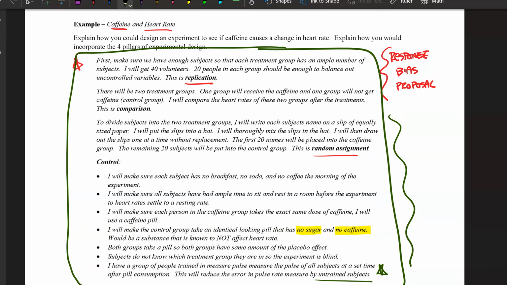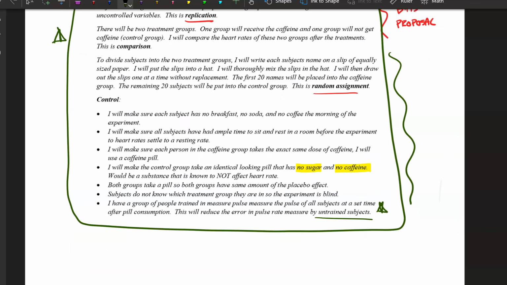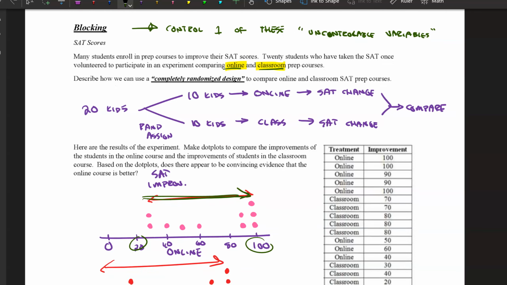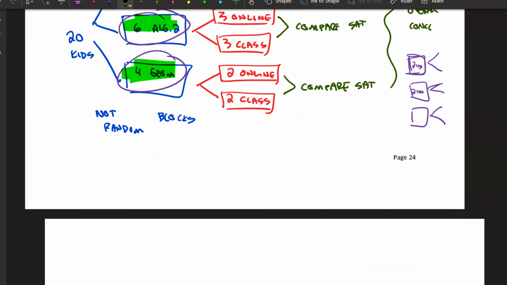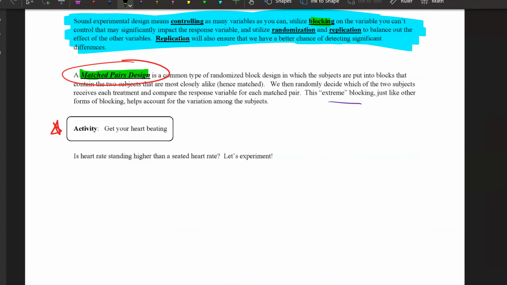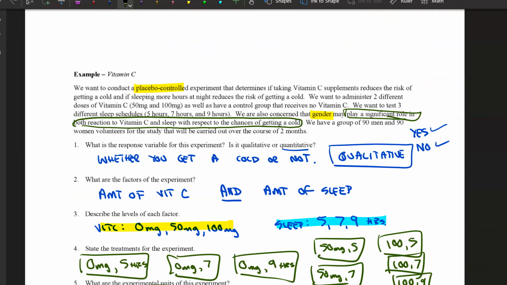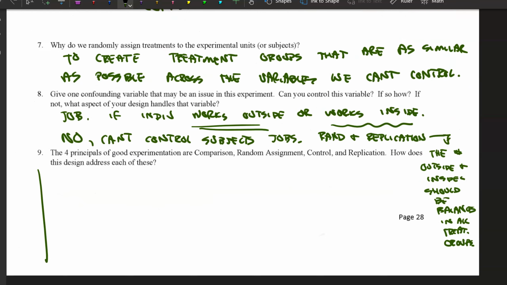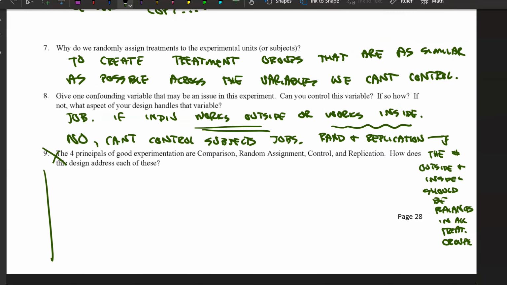And by the way, there's never been an AP test question that has asked you to describe all 4 of these things in one question. That would be like writing an essay. They usually just focus on 1 or 2 and ask you to describe how you would address 1 or 2 of those things. So I think it would probably be a good question, but I don't want to take 20 minutes to do it, so I'm sorry. I'm going to skip it, and maybe in the future I will take it out of the notes.